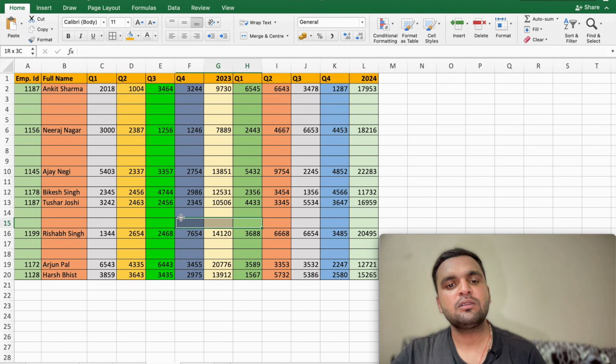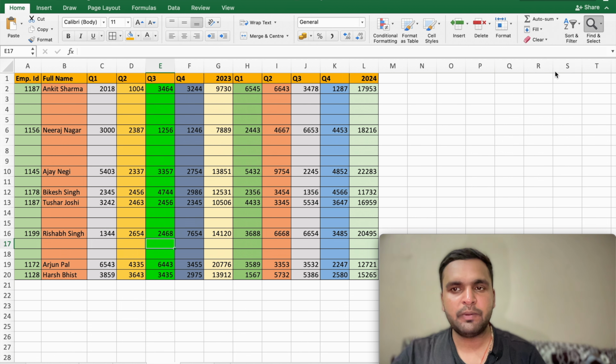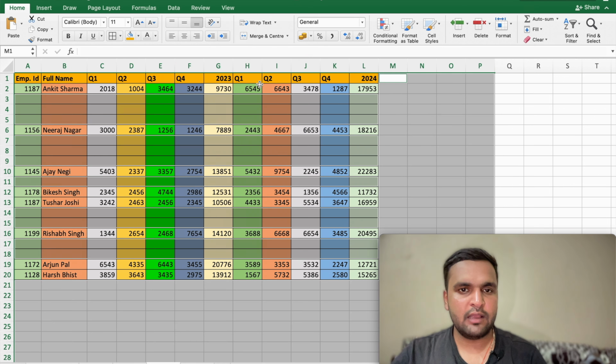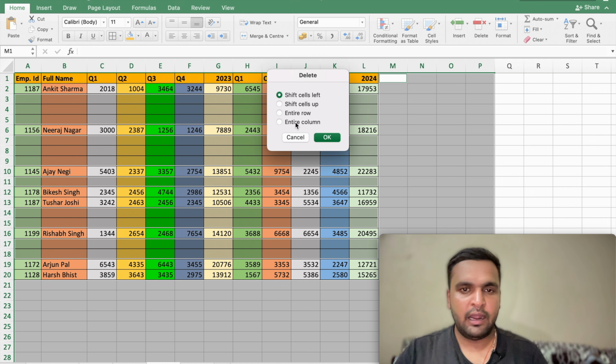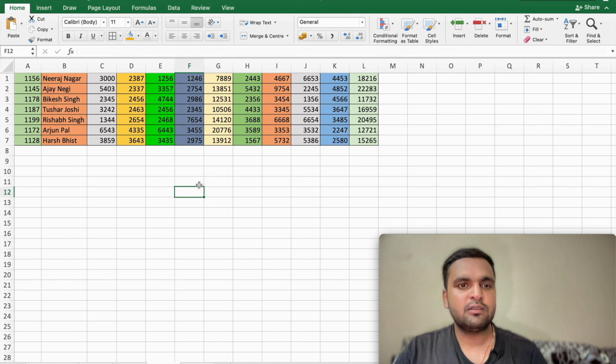So to remove this, what I'll do is I'll just go to Find and Select, then I'll go to Special, then I'll select Blanks, then just click OK. Okay, here as you can see all the blanks are selected by Excel, and what I'll do is I'll just press Command minus, and you can see now there is a criteria popped up here to select, and I'll select here Entire Rows, then I'll just click OK. As you can see all the blanks are deleted by Excel, and